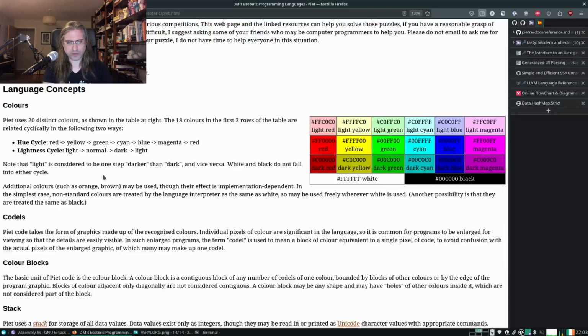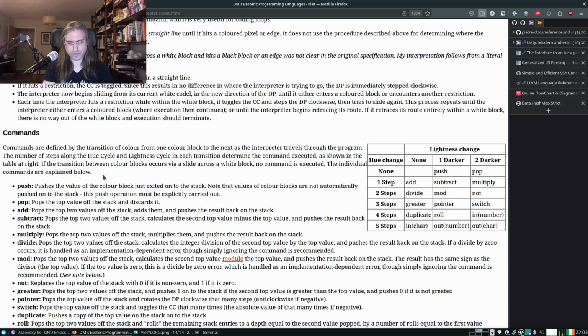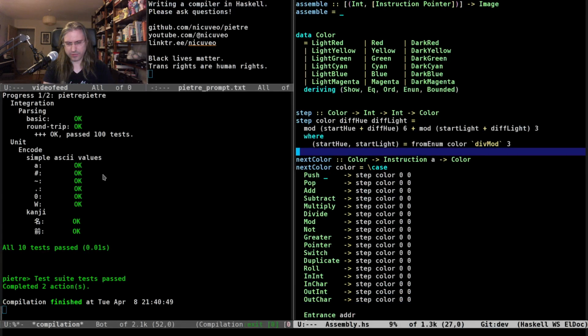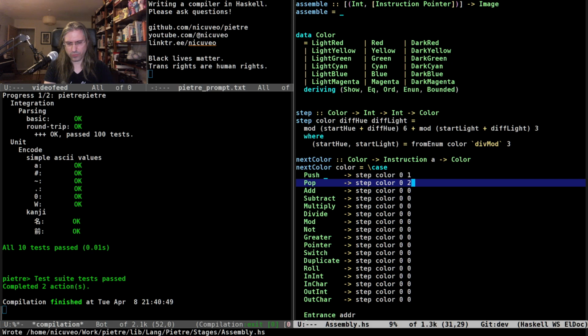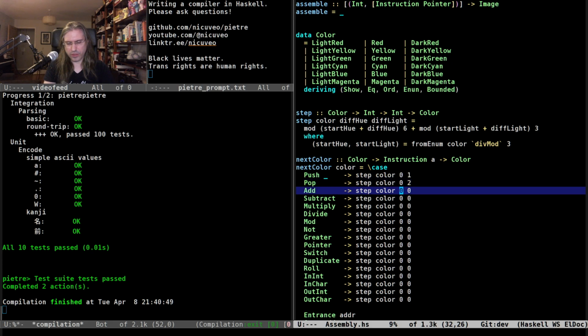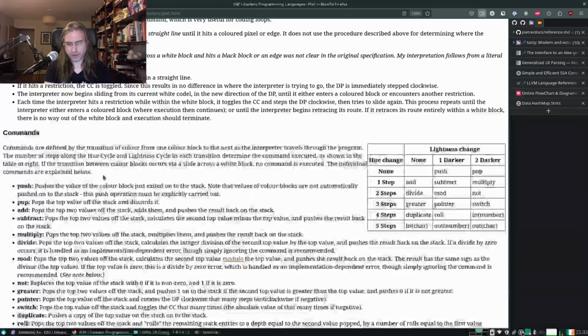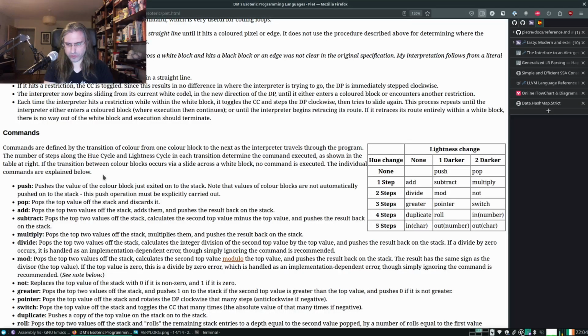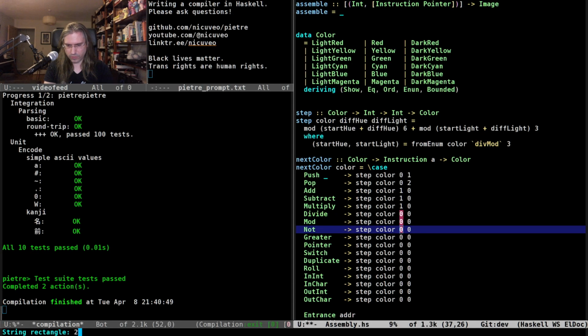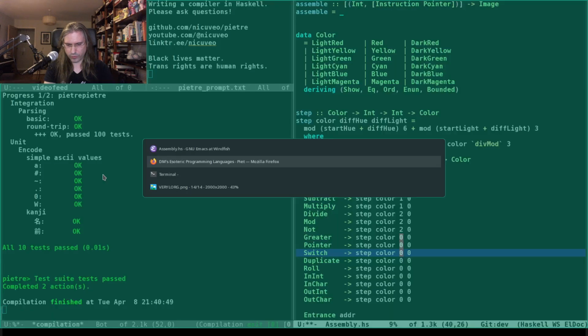And now we can go back to this and have a look. A push is 0 hue, 1 light. A pop is 0 hue, 2 light. And I think they are in order. I think this is 1 hue, 0, 1, 2 in light. Add, subtract, multiply. Yep. Divide, mod, not. Yep, so that's just 2. Greater, pointer, switch.